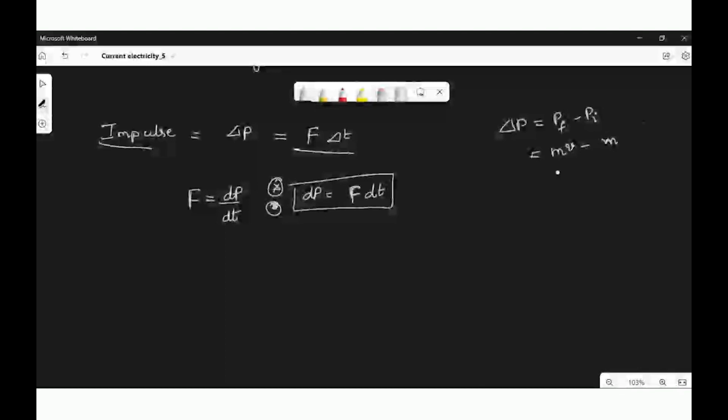M into minus V. So it will give you 2 MV. Okay. So now you have all the data. You can substitute. Like 2 into mass is 0.15 into V is 12. Should V be taken as plus and minus? Yes, plus 12 and minus 12. Or like you can take the way.